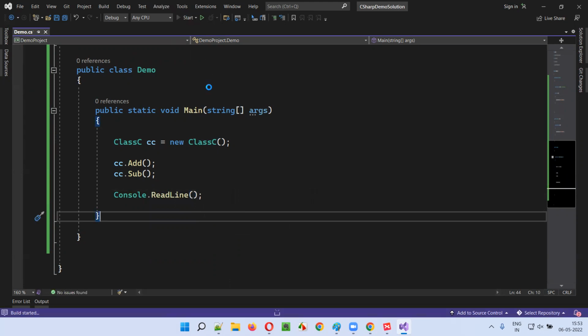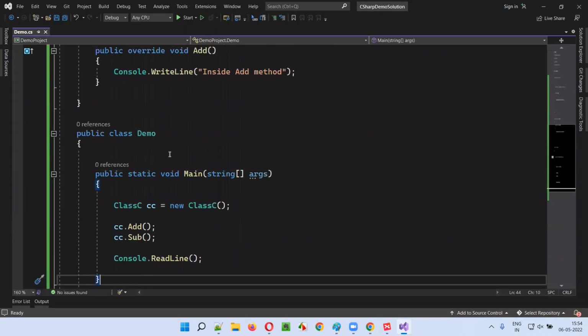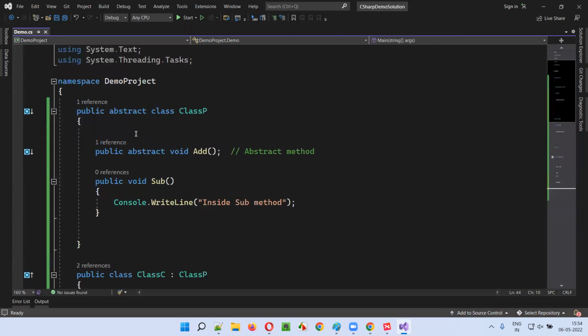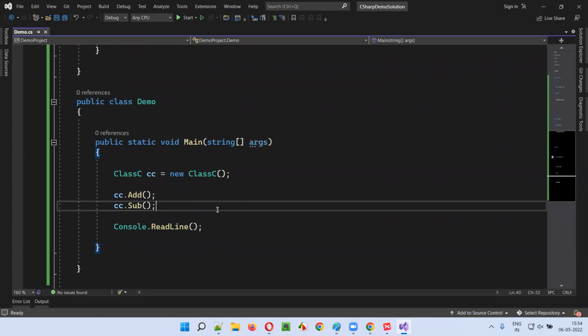Run this code. You see, inside add method, inside sub method, both the methods got called here. But we cannot create an object directly for the abstract class. In order to access the members of the abstract class, we have to create an object for the child class. Using the child class object reference, we can access the members of the abstract class and its child class also